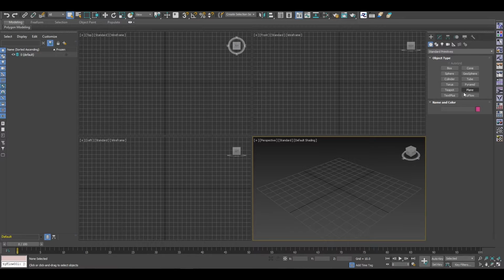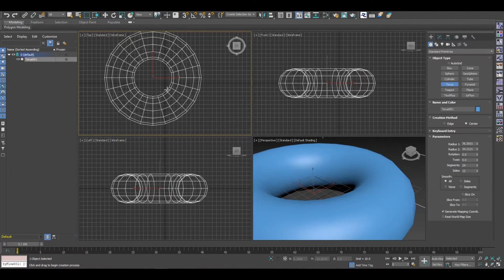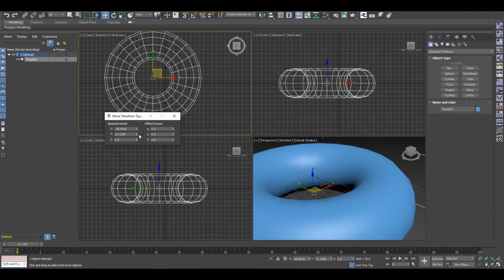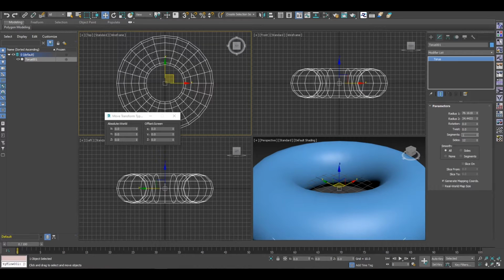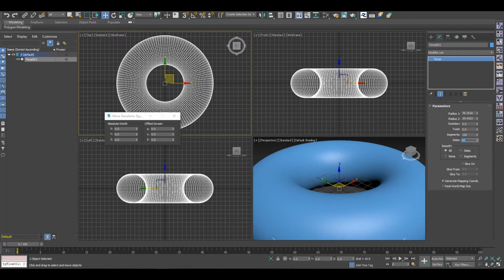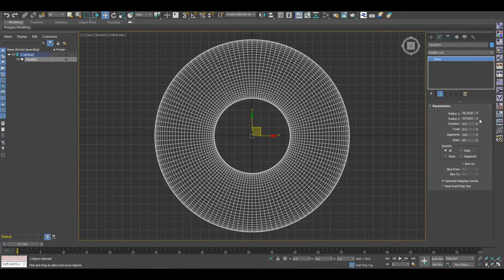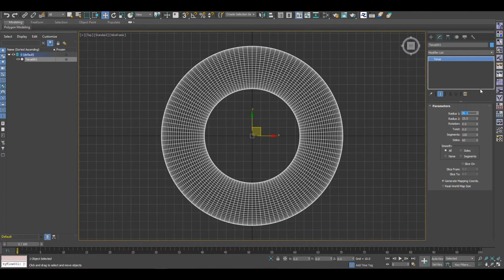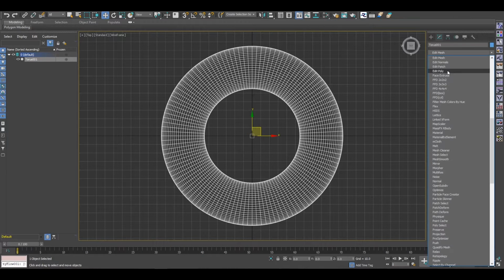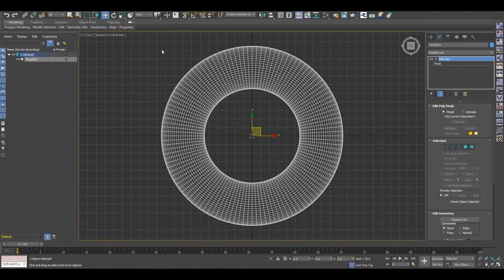Let's start with our torus. We create it, we center it, and then let's increase the subdivisions. Okay, maybe more like this. Okay, let's add an edit poly modifier, and